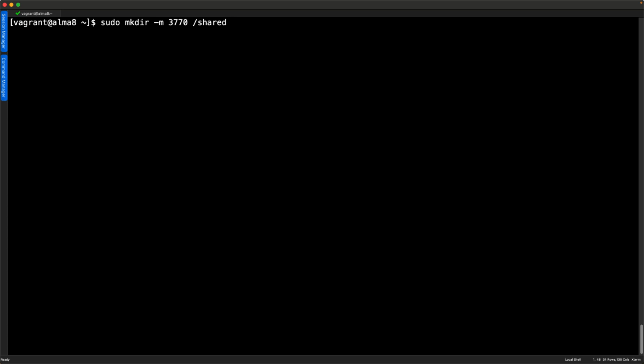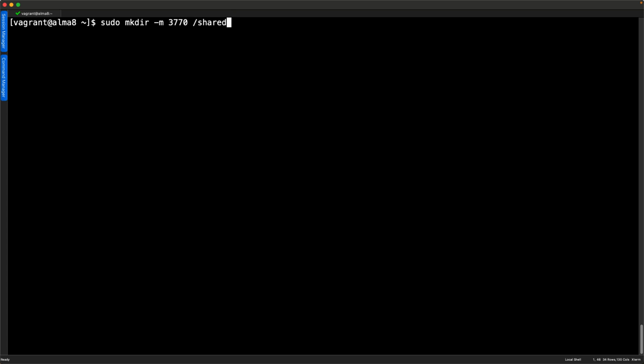When we look at the value 3, that's our special permissions. That includes the value 2 and 1. 2 would be for the set group ID bit, 1 for the sticky bit. The set group ID bit ensures all new content in the directory will be group owned by the group owner of the directory. So that's really good as far as our zero-touch administration is concerned. All new content in the directory are going to be group owned by the group owner of the directory.